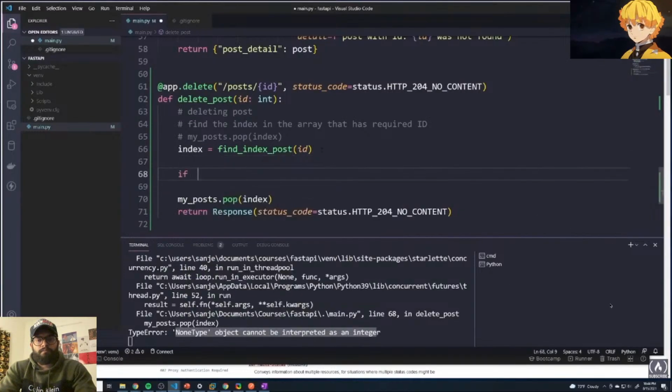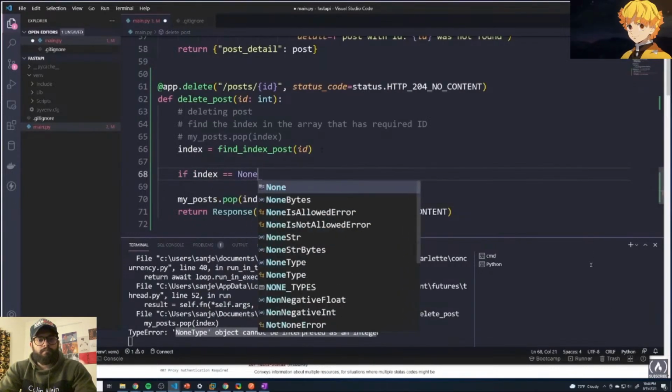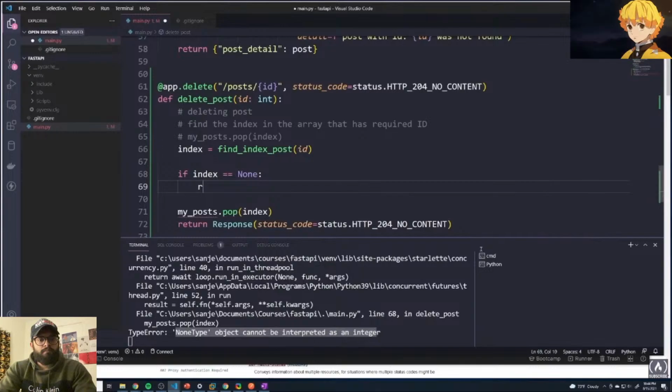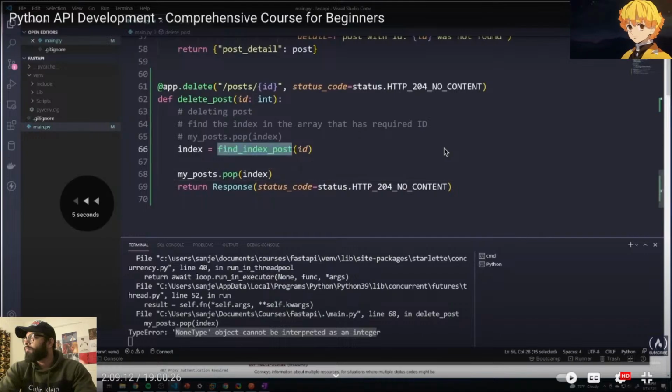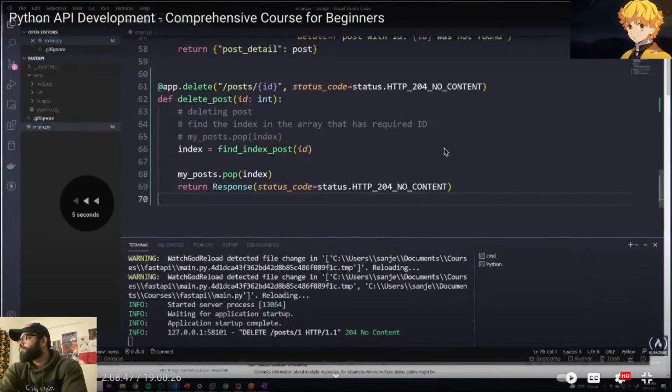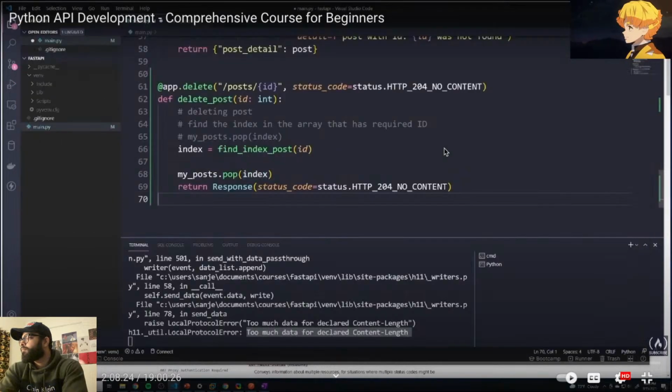So we need to put in a simple if statement to actually catch that scenario. So we'll say if index equals None, so we'll return None if it doesn't exist. What are we going to do? Well, we're going to raise